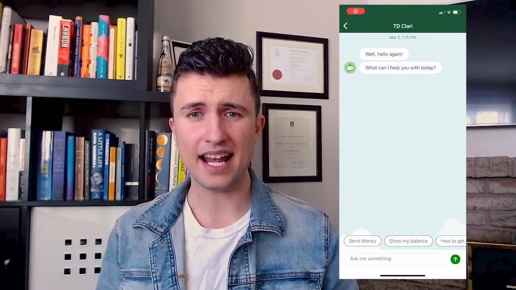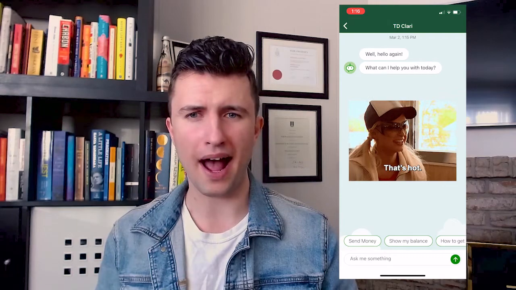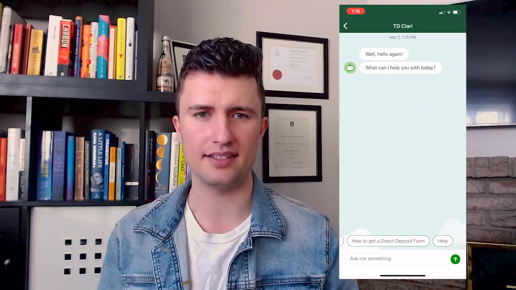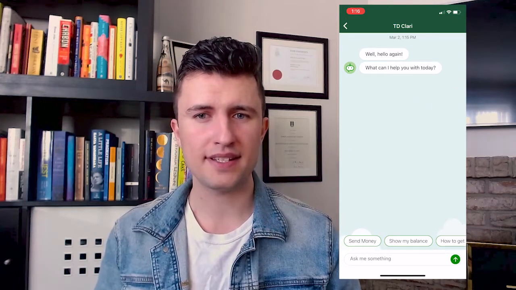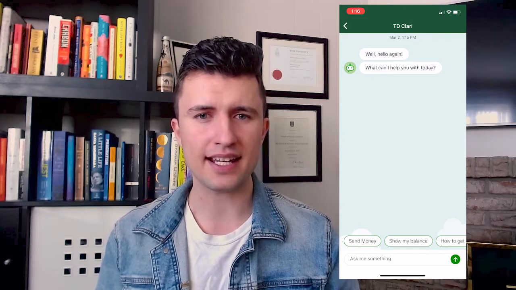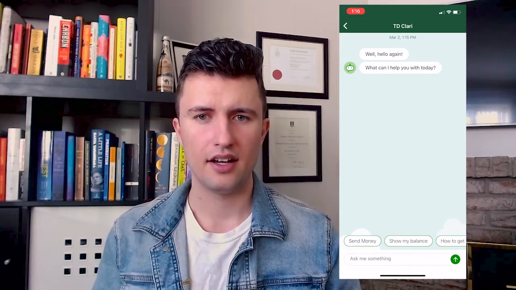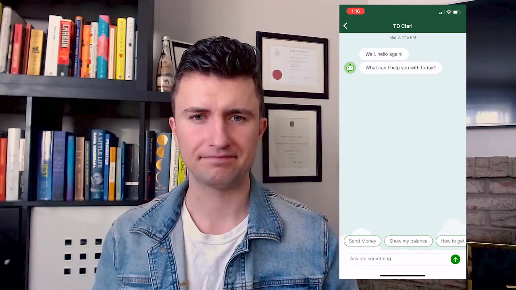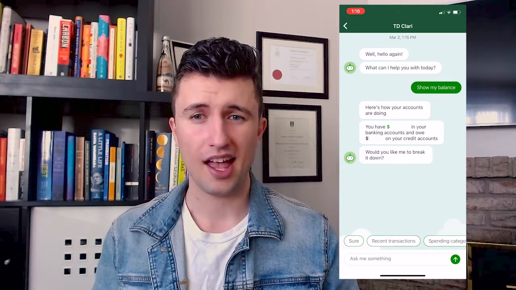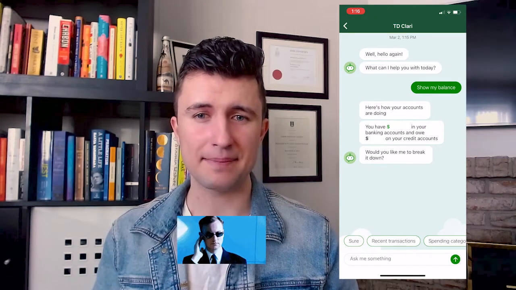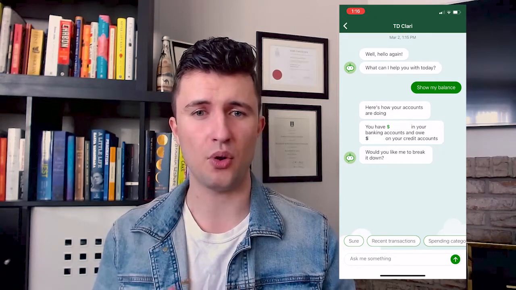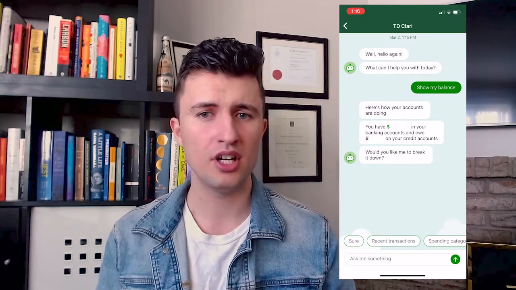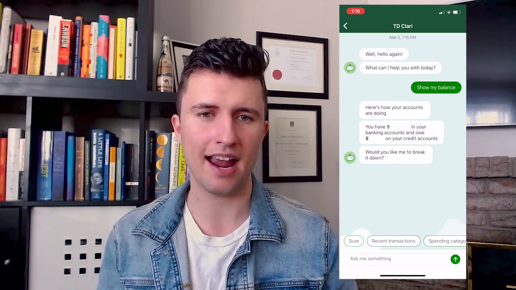Let me start off by saying that this is a sharp-looking UI, clean and elegant with simple colors. There are a couple of options here in the buttons below that you can see. Let's try them out. The first one that I'm going to select here is Show My Balance. I'm going to have to blur some of those numbers, but here is my current balance across all of my TD accounts. Laid out really well, nice and simple, showing me only the numbers that I care about based on